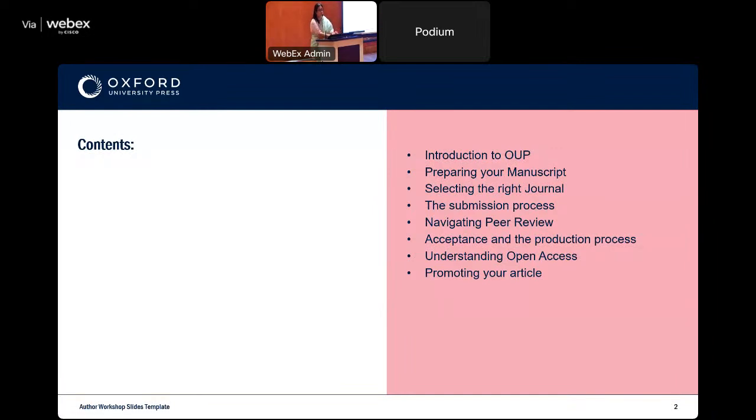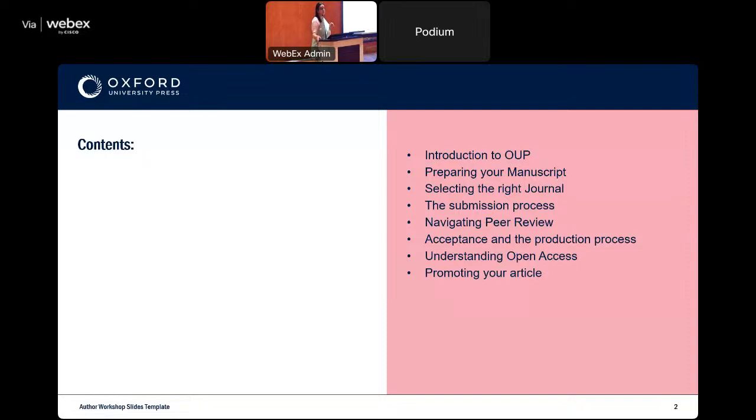We're going to begin this session today with an introduction to the company. I will give you a little overview of Oxford journals, our books that you have access to. Then we shall move on to our topic of the day, which is how you can get your research published. We'll talk about preparing your manuscript, how you can select the right journal that you want to submit your work to.